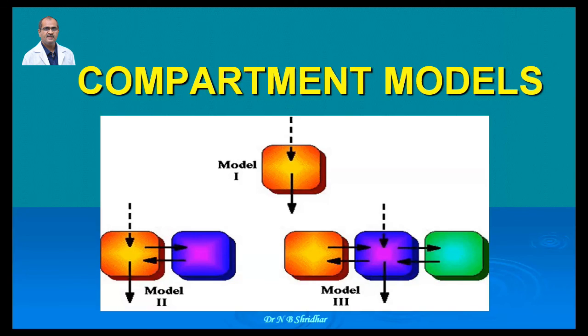This is about the various terminologies: plasma half-life, area under the curve, Cmax and Tmax, etc. Now this is the last portion. In pharmacokinetics, there are the compartment models. The body is divided into various components: the single compartment model, the two compartment model, and the three compartment model. Whenever a drug is administered, the body is imaginarily classified into various components or compartments.